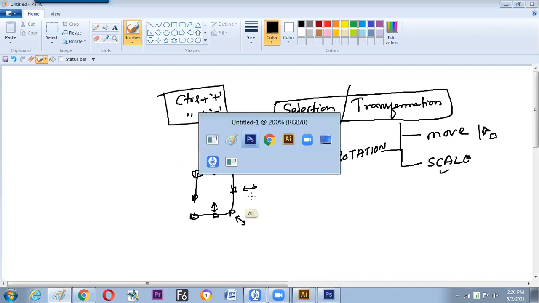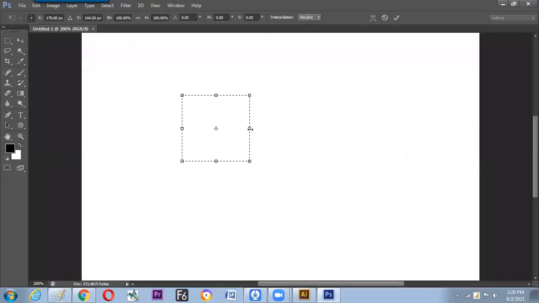So as per the cursor, the work is done. If it is moving over there, it can scale up. Can you see it is scaling this selection? Hope it is clear. Now when it moves to any corner, then it scales up in two directions, horizontal as well as vertical. So this is only horizontal, this is only vertical, this is horizontal and vertical.